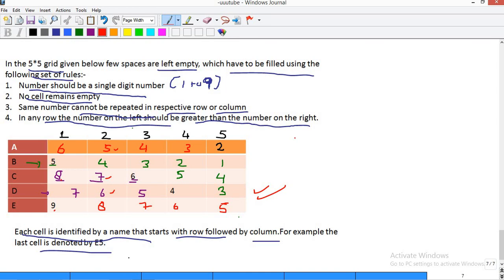Maybe they'll ask you what are the number of odd numbers used in the entire grid. Any questions can be made. So the important thing is how to complete the grid. So that is important. So always look for the first number, where you should start from. If you start correct, then you will be easily able to complete the grid.